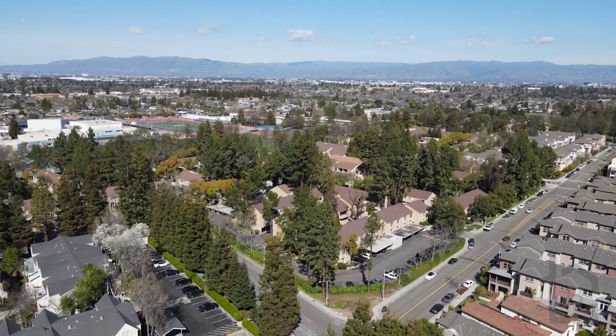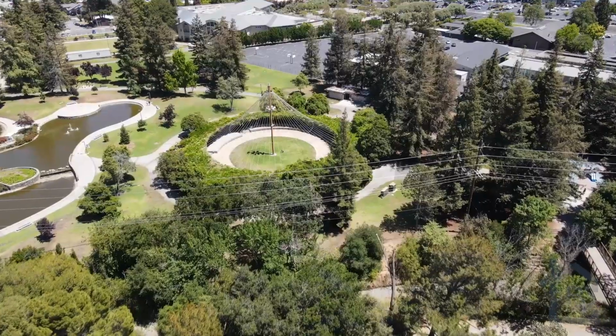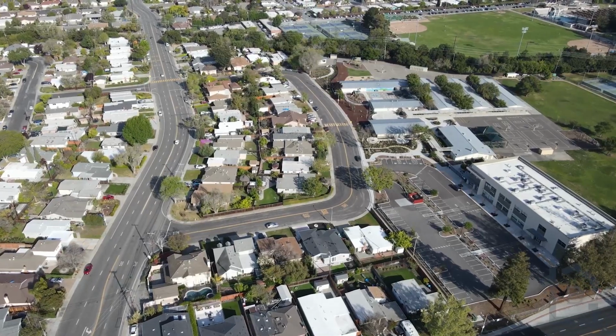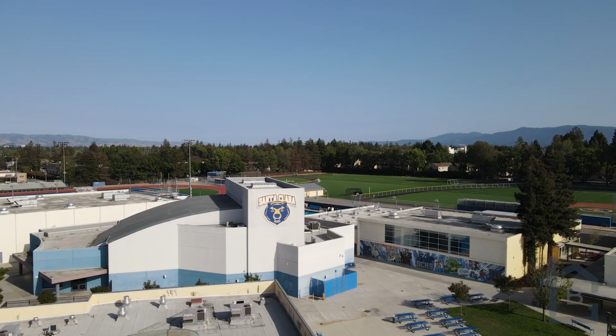Perhaps the best feature of the Woodsborough community is its location. Situated in the heart of Santa Clara, Woodsborough is walking distance to Santa Clara's amazing Central Park. It's also walking distance to one of Santa Clara's most sought-after elementary schools, Central Park Elementary, and very close to